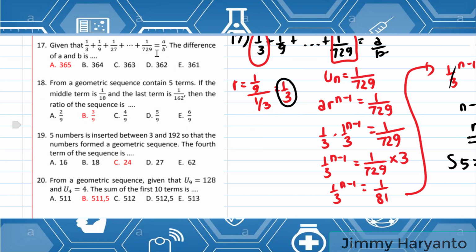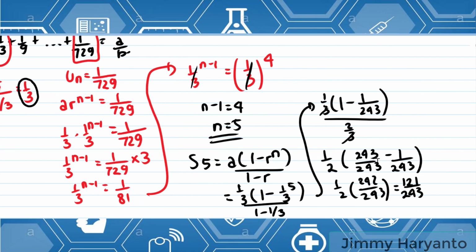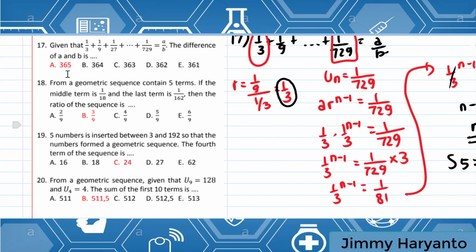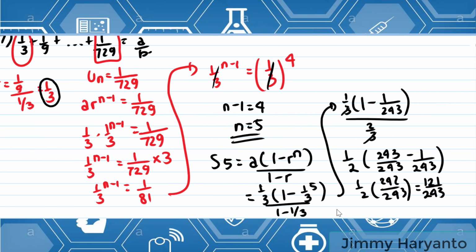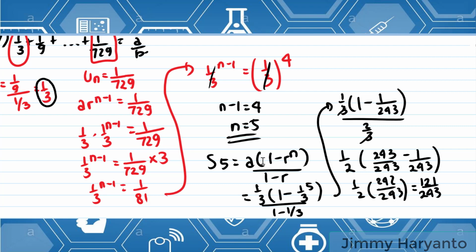Soal ambigu ya. Ini A sama B nya itu nggak dikasih tahu dia harusnya berapa. Bisa aja masih pakai yang penyebutnya 729 ya. Bisa pakai yang ini. Tapi kita dapatnya kayak gini. Ini kalau dikurangin hasilnya 122 ya. Tapi di sini nggak ada. Oke, mungkin dia pakainya satu lagi. Atau saya ada salah. Kalau ada salah bisa komen di bawah, guys.